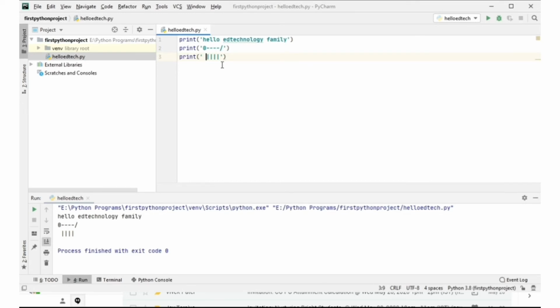Now extending this to an extent, let's say if I have a print and I have a string which is star, and again as I said, it's a line by line code. So again when I run, if you can see the updated output in here, it is having a star. But the same thing, now I want to explain to you what exactly an expression is, because we start with a variable. It is very important you understand what expressions are. So when I write this, anything inside the double quote or a single quote, it turns out to be a string. A string is something that it displays onto the output screen as it is, the way it is.